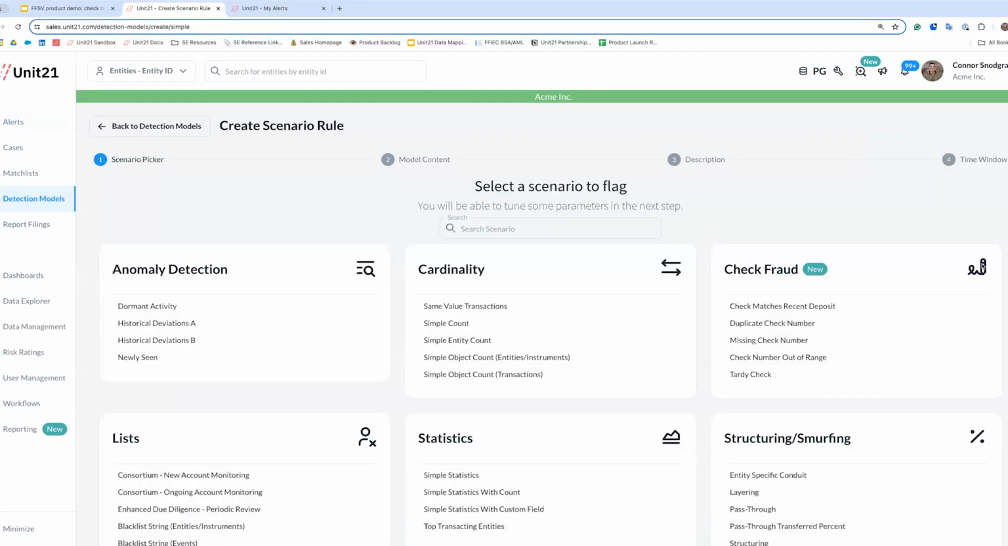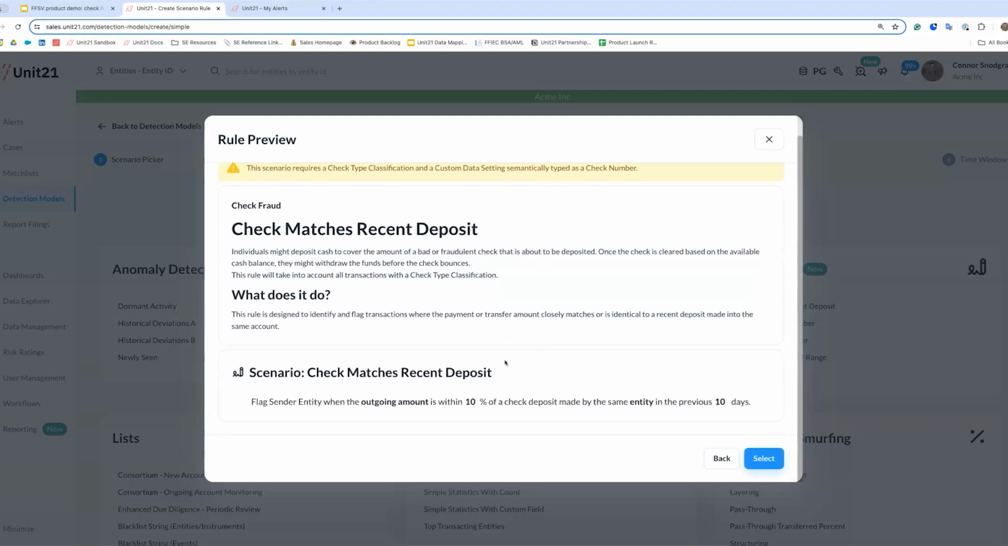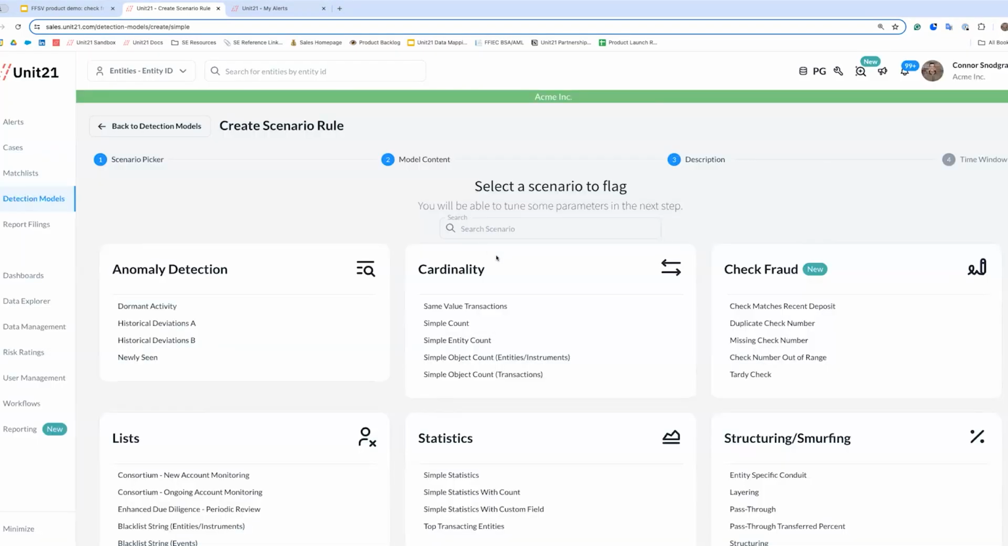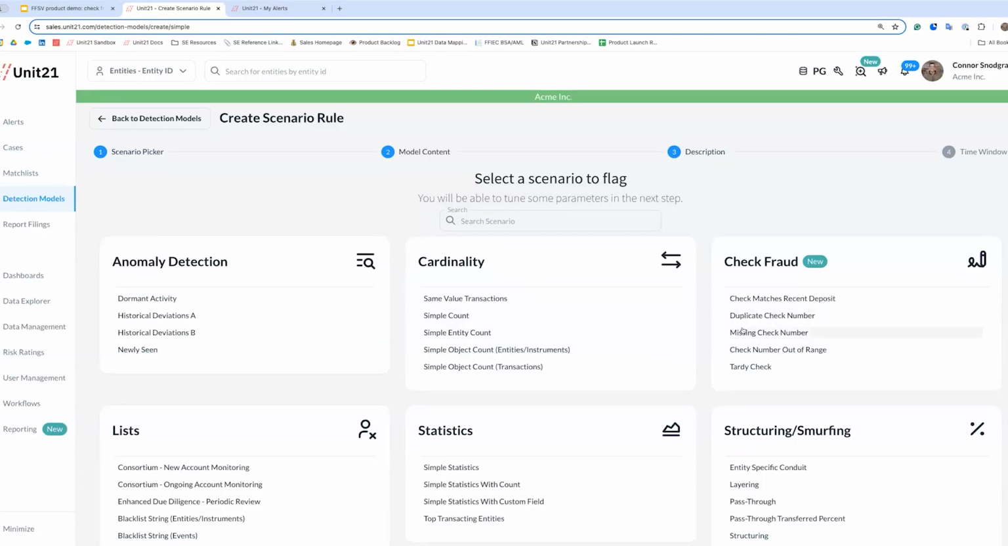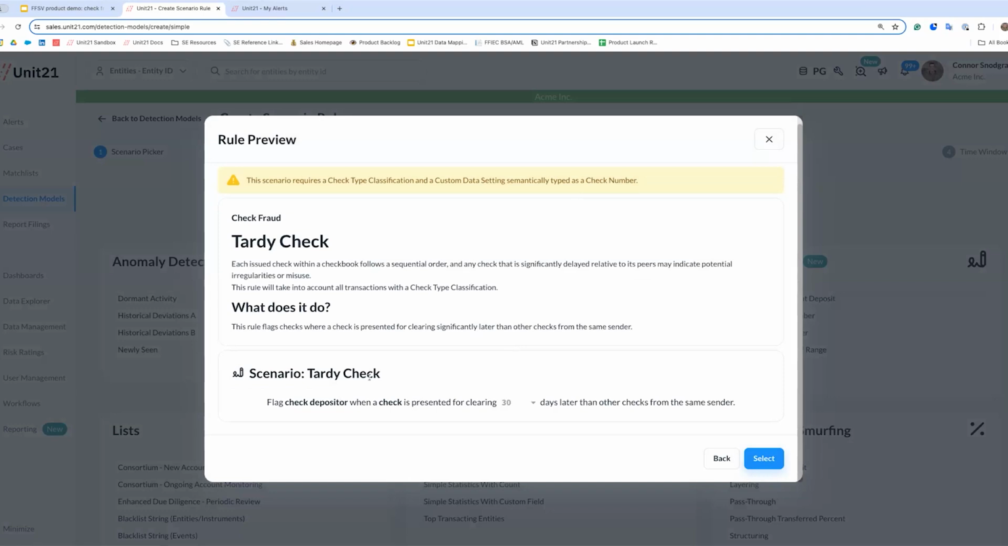If you go into the platform and come into our scenario models, you might see this new section for check fraud rules. You'll see some things that are probably somewhat self-explanatory, like a check matching a recent deposit. With that one, we're looking for floating or kiting, meaning someone who has an outgoing amount within a certain percentage of a check deposit made recently. Another thing we might look for would be duplicate checks, a missing check number, an out of sequence check, or a tardy check that's being deposited much later than when it was